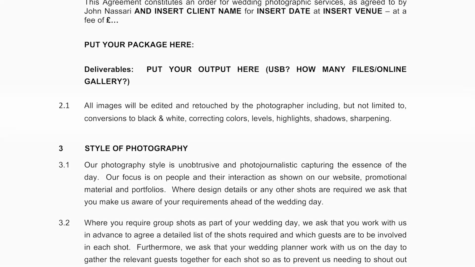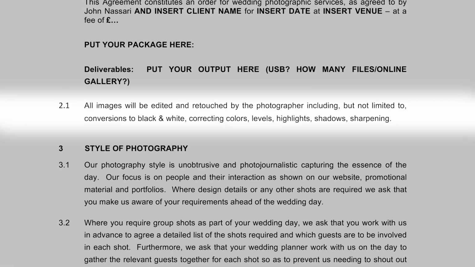So in my contracts, I say I will crop, I will sharpen, I will deal with lights and darks, exposure, I will deal with color balancing, sharpness, and so on. So I'm dealing at that level. I'm not talking about advanced retouching. And I say in the contract, if there's any further retouching, I'll deal with it case to case with a quote.